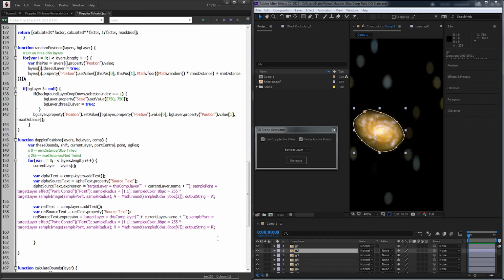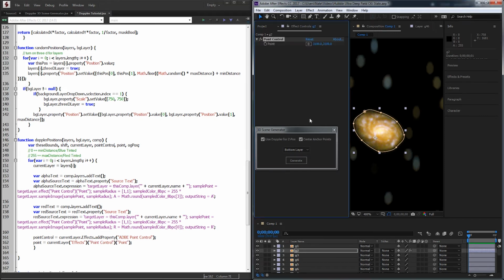Alright, now we need to set up our point control still inside of our loop. So I'll say pointControl equals our current layer. We're going to go into the effects and add a property. This property's name is going to be Adobe Point Control. And then we'll set the point variable equal to our current layer. And now that we have our Adobe Point Control effect applied, we're going to go into our effects, grab the point control effect, and the point value. So if I apply a point control, you can see we have our point value here. And what we're basically going to be doing is going through here and reading some pixels